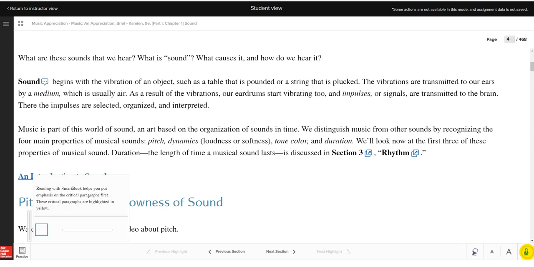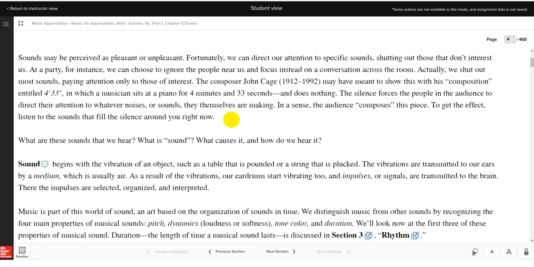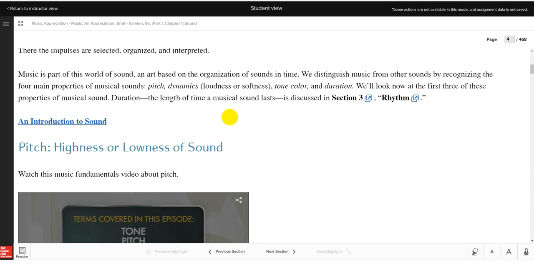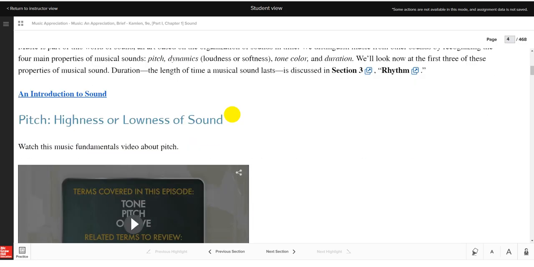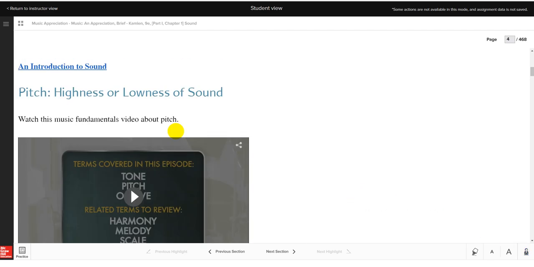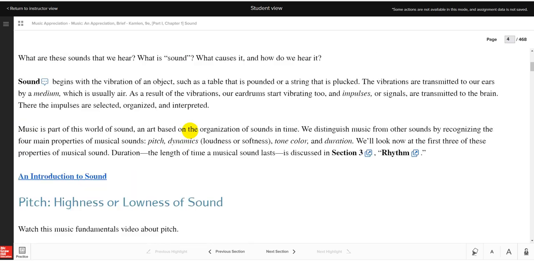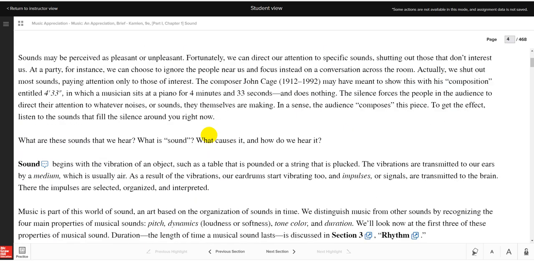You also have this little pop-out smart book helper, the Reading Assistant person here. She will give you little hints, and sometimes she will be a little annoying. If you have to leave it open and go get a drink or something, she may pop up and start telling you that you've been reading the same page for a while and maybe you need to take a break. So sometimes she can be a little annoying, but if you need a little digital assistant, you can click on her for help. And the very first time that you take a LearnSmart assignment, I believe Connect will actually go through a short tutorial with you anyway,